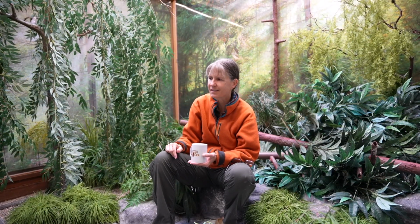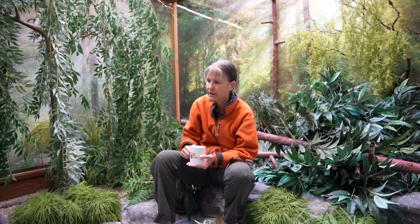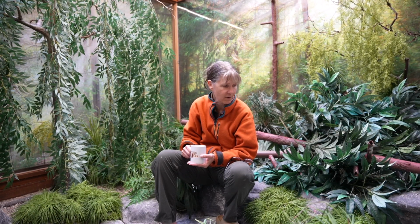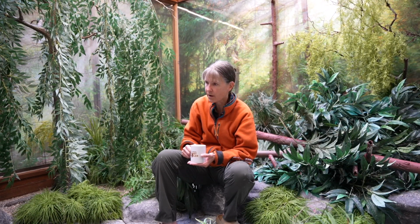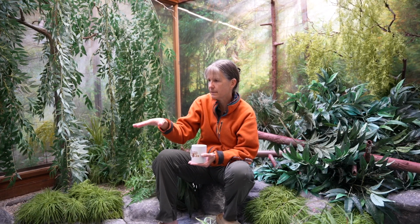I need to figure that out. So I've tried things like wrapping with copper. There's things about how to keep them out of gardens and how to keep them out of planters and things like that, but it just doesn't seem to work for me. I'm probably doing something wrong. So I don't know, maybe it was a mistake to embed the,